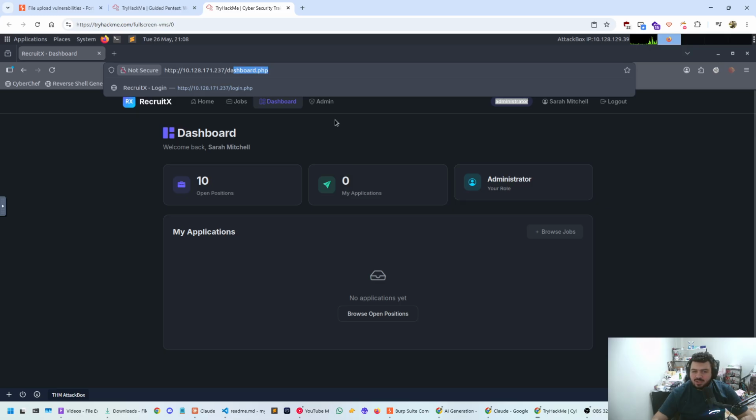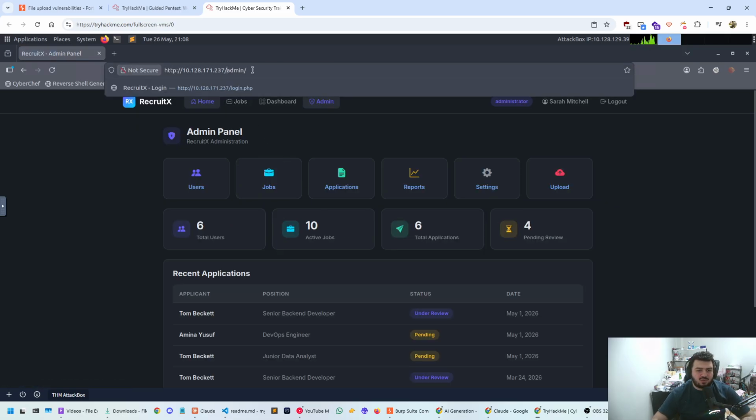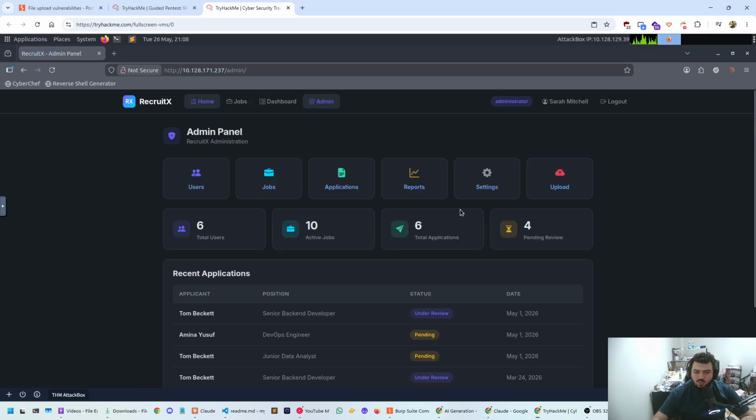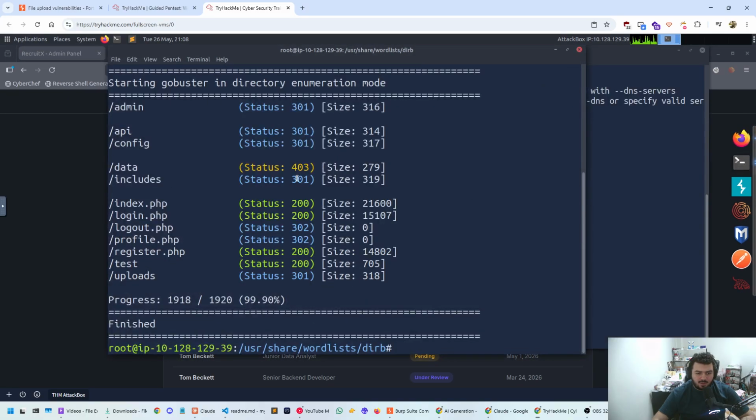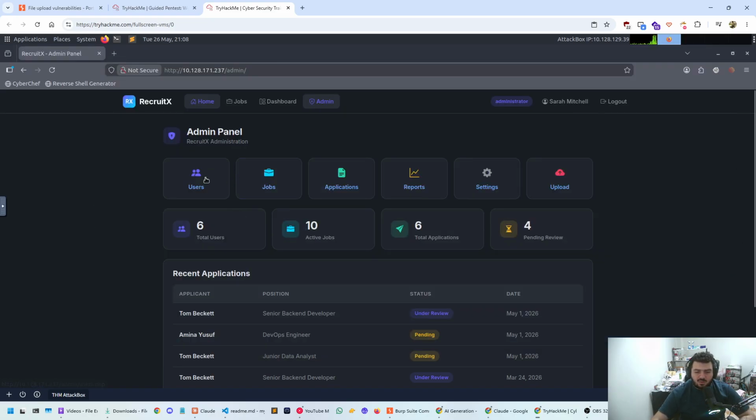So honestly, what we could do is just click on admin here. I was going to go to /admin as well, because we know from our Gobuster check right here that we have a /admin. It caused the redirect first because we were not logged in, but now we got into Sarah's account. So we are logged in right now. Perfect. So in our admin panel,